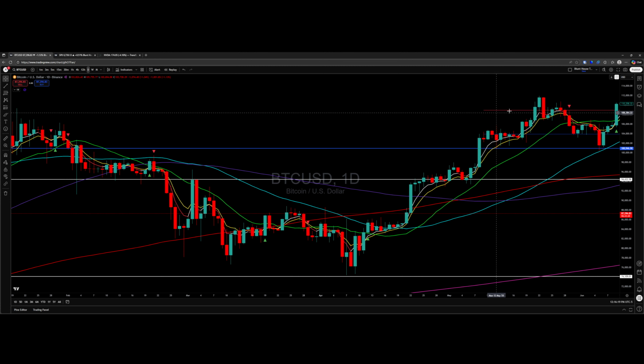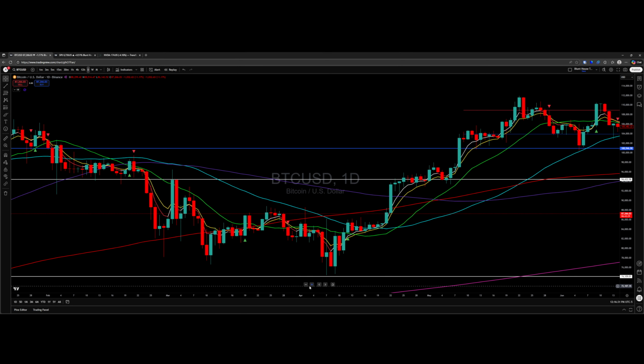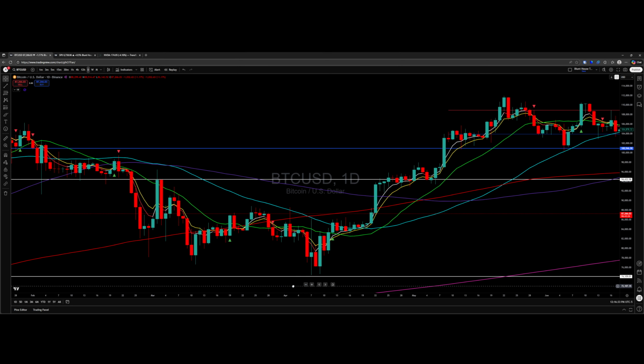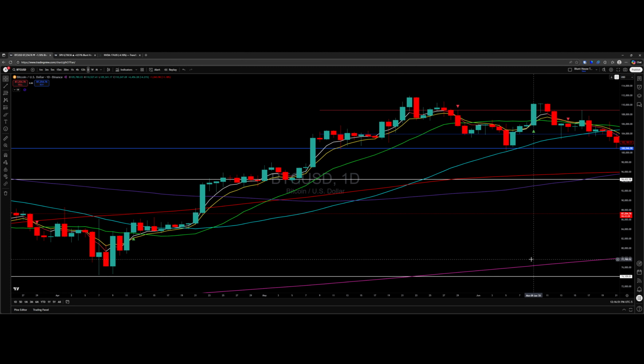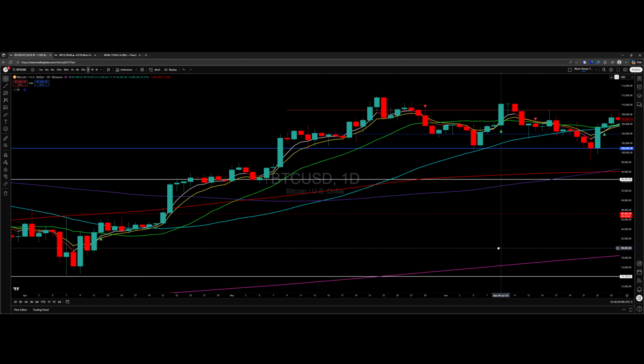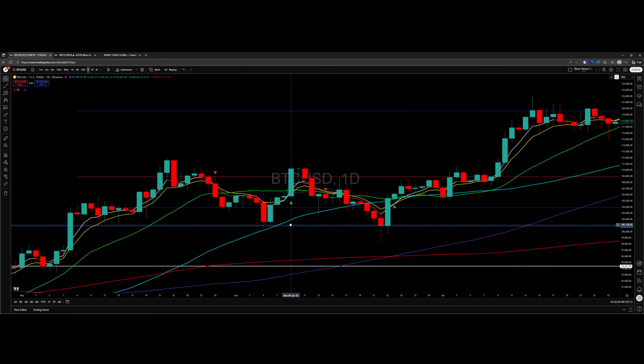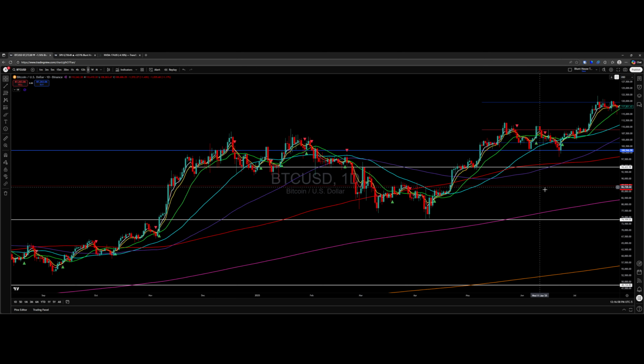Price didn't want to trade above the point of control. That's the average of all this kind of past volume. Fails to break out a second time, comes back to the 50, and then this time it doesn't hold. Break one level, find the next. Second attempt has a higher probability of failure. And you can see it played around here for a few days before it figured out what it wanted to do. Price rolls over, looks for the next level down.